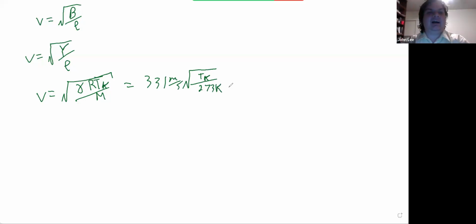So yeah, I'm not going to bother deriving those because they are very similar derivations to how we derive the relationship between velocity and tension. But those are going to be the velocities you're going to see when you're talking about sound. And I think at room temperature, 20 degrees Celsius,